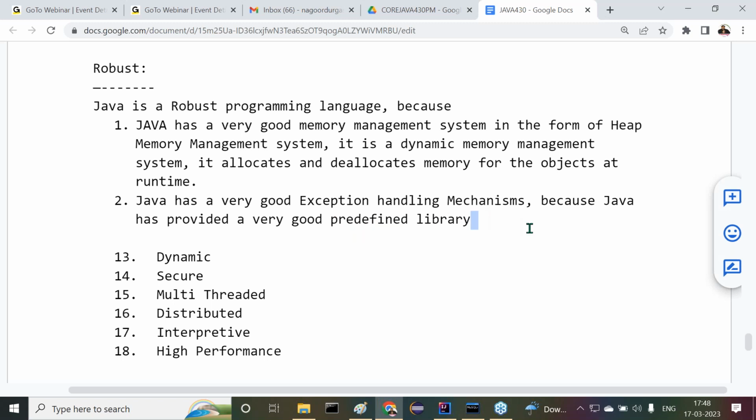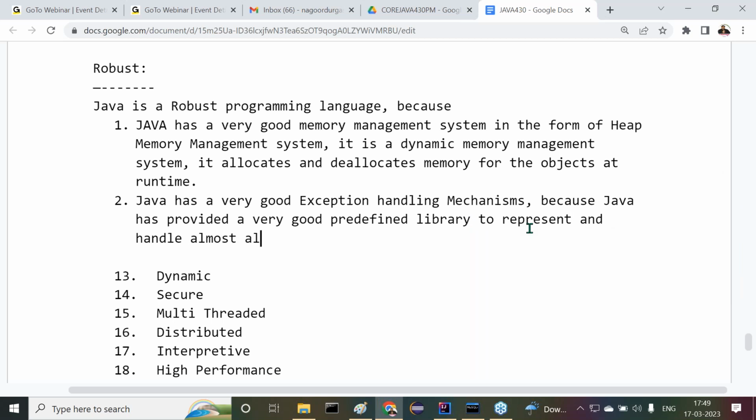In Java, everything is going on with classes and interfaces as programming features. So Java has provided a very good predefined library, in the sense a set of predefined classes and a set of predefined interfaces. I'll talk about them in the future. In object orientation, class and object only we are going to talk about every time, right? But very good predefined libraries are provided to represent and handle almost all the exceptions which come up frequently